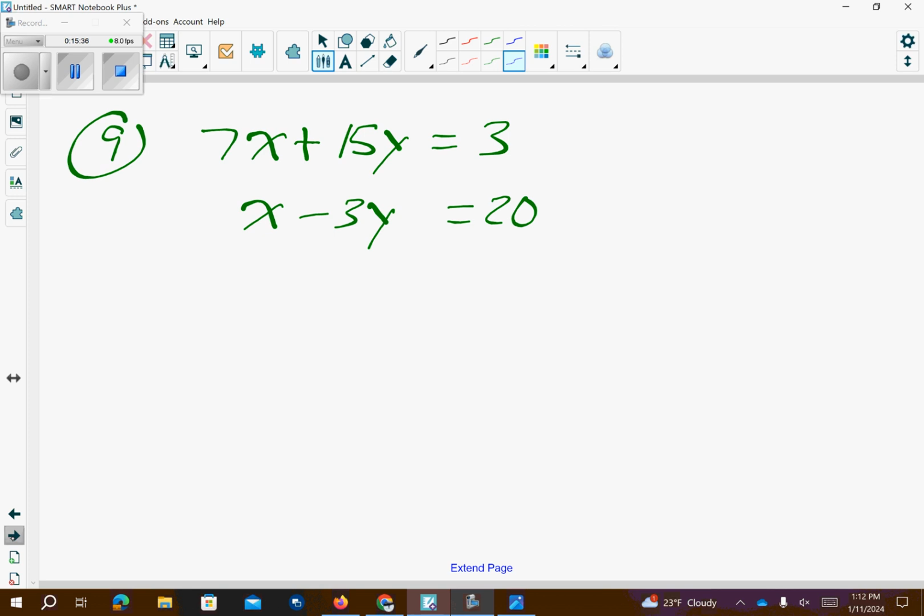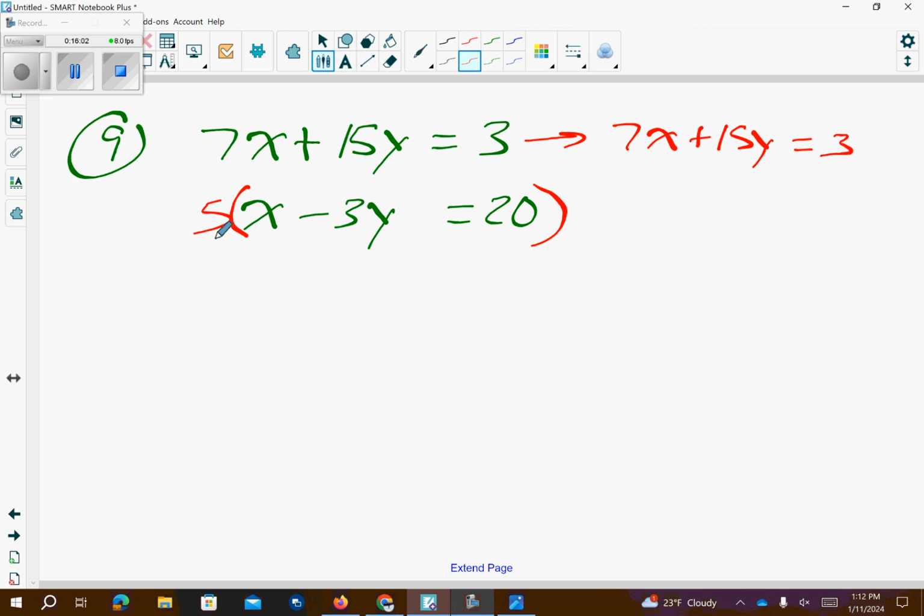Number 9. Okay, my x and y are both on the same side of the equal sign. But if I add these together, I'd get 8x plus 12y equals 23. Okay, so I have to think about this. What would happen if I multiplied the whole bottom by 5? So if I just wrote this one just again,